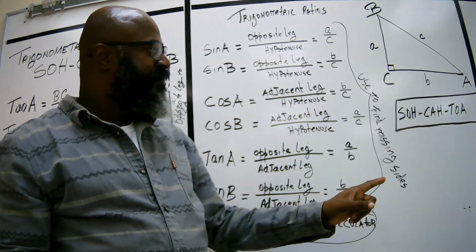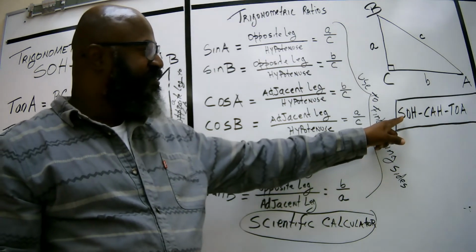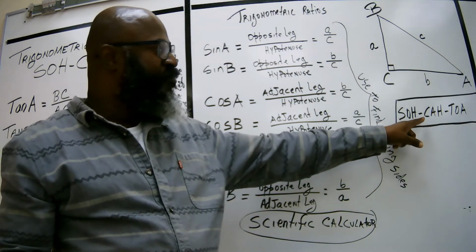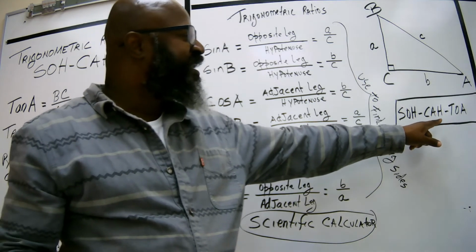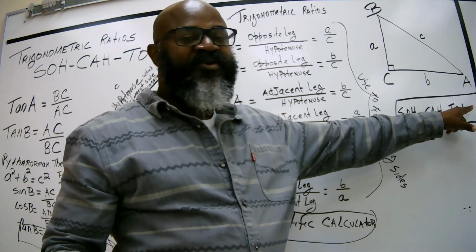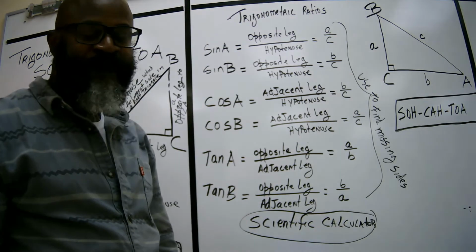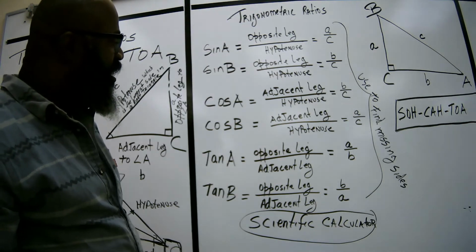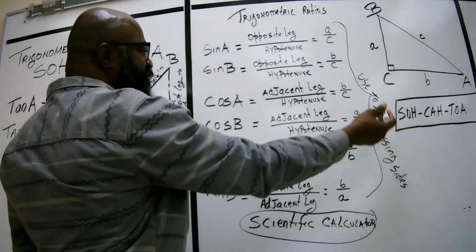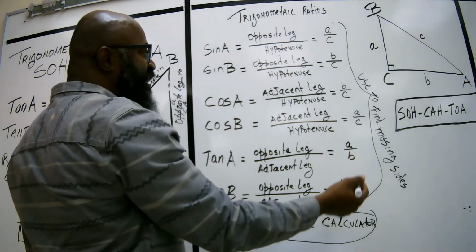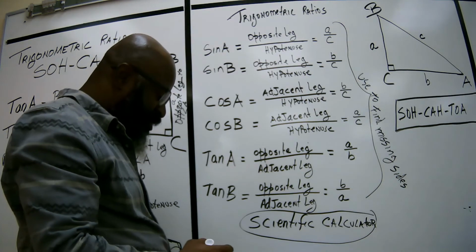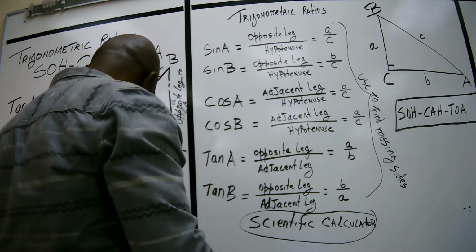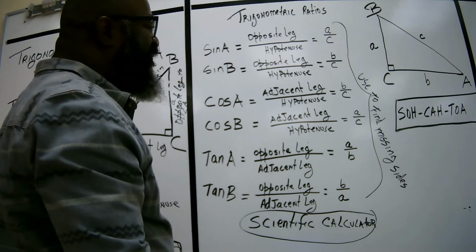SOHCAHTOA. Make it easy. When I'm looking for sine, it is the opposite over the hypotenuse. When I'm looking for cosine, it is the adjacent divided by the hypotenuse. When I'm looking for tangent, it is the opposite over the adjacent. That's what it meant. So those are your trigonometric ratios, and you use them when you're looking for the missing side. When you're looking for the missing angle, you have to use the inverse